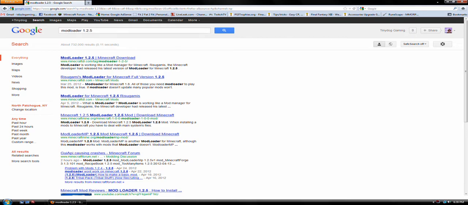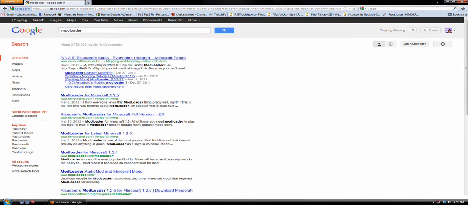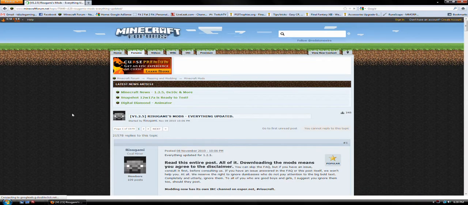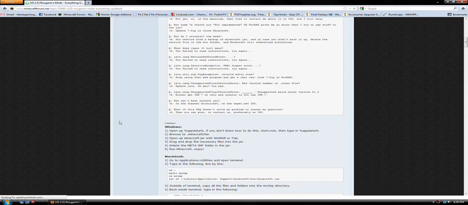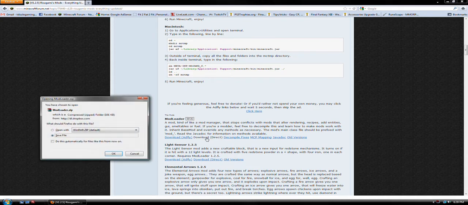So let me see, alright, so I just put mod loader, and right here we see it, version 1.2.5 Risugami's mods. So I'm gonna click that link and scroll down, and we should find right here Mod Loader 1.2.5. Okay, so I'm gonna download direct because AdFly is very annoying. So I'm gonna save the file,